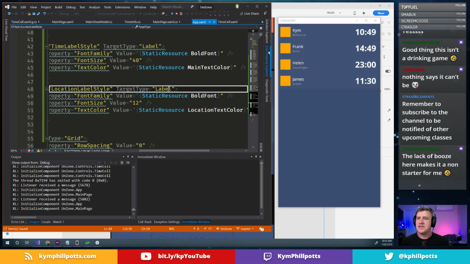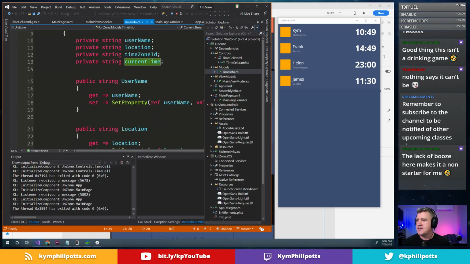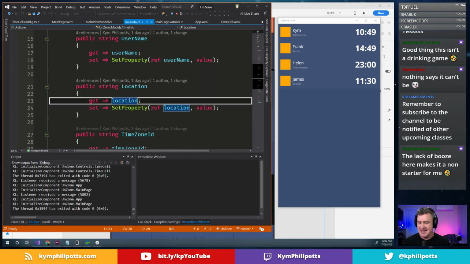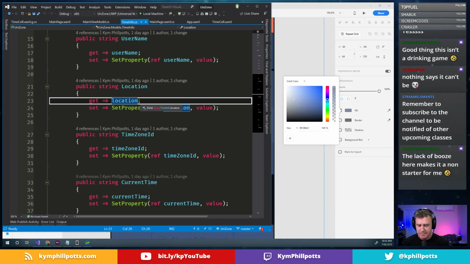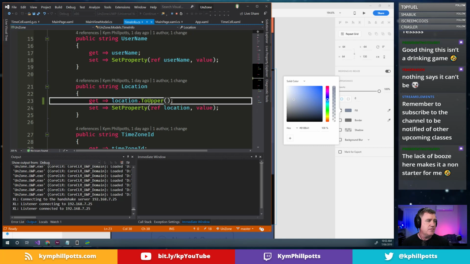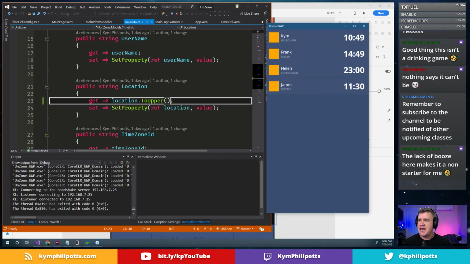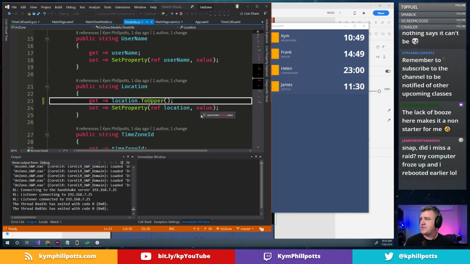It should be in uppercase. So let's cheat. Let's just go to our time info class. And let's just get the location. Oh, I can't do that while I'm running. Let's do a ToUpper on that. Okay, that'll look a little bit nicer as well. The next thing we want to do is probably that sort of, yeah, let's have a look at what we've got there. Okay, so that's a pretty good starting point. Maybe what we should do is,